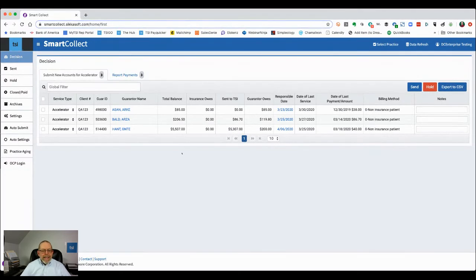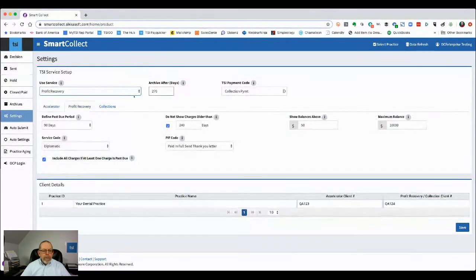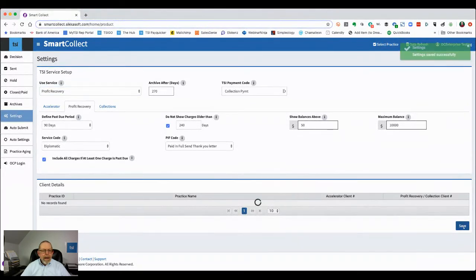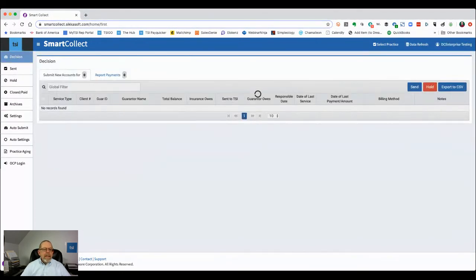Once you get this cleared out or you're done with this for the day, then I'm going to want you to go back to the settings screen and change this little drop down to profit recovery. Then before you do anything else, go down here and click the save button. And now if you go back to your decision screen, you're going to see that it says,